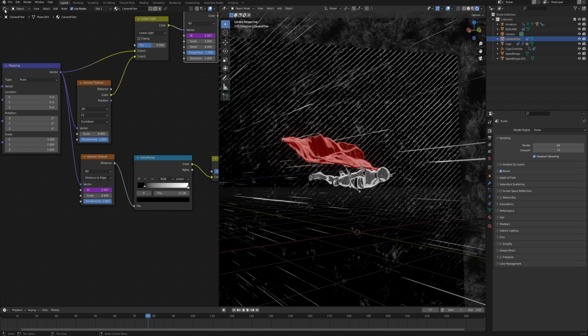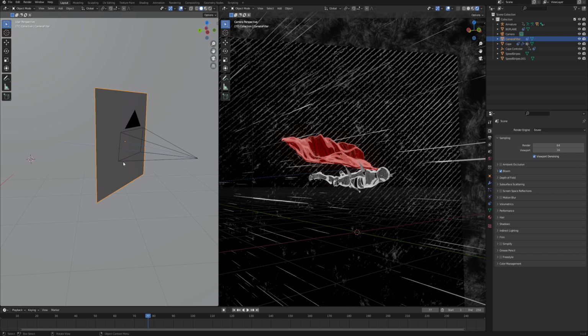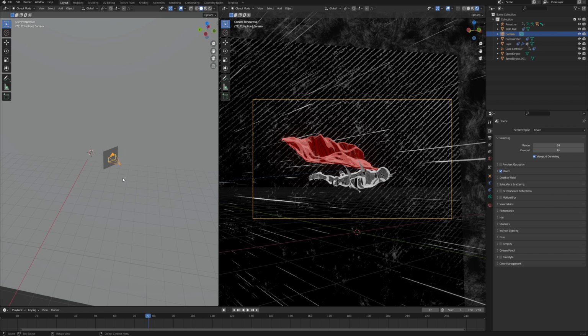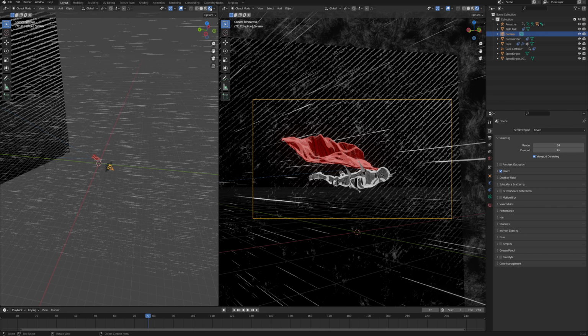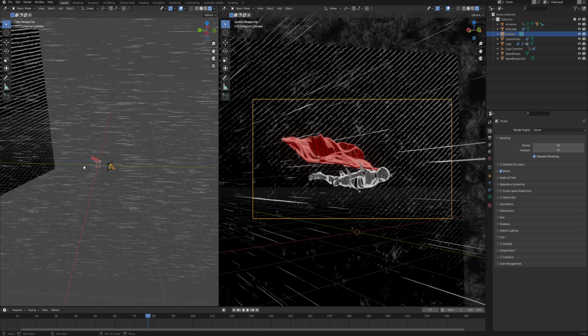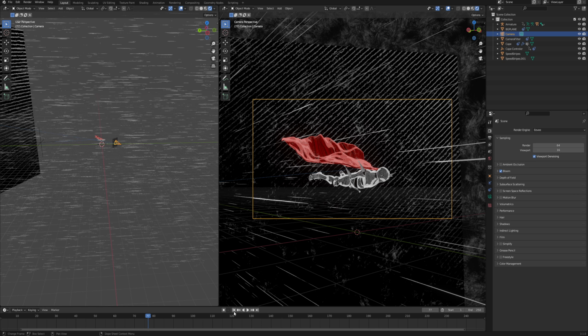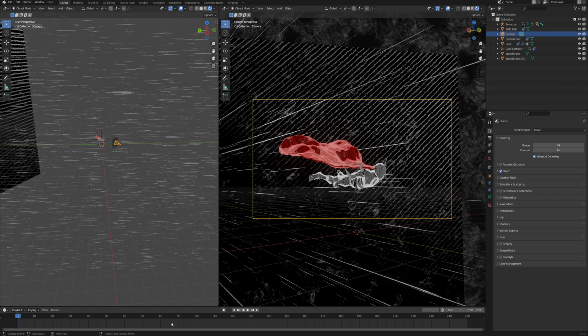But what it basically is: let's go to the 3D viewport and select the camera. Now we can also change it to the rendered preview so we can actually see what we're doing while we're doing it. And let's go to the first frame of the animation. Let's say we put the end of the animation to something like 600. It doesn't really matter right now how much you put in here. Just make sure that you have long enough for you to do all the camera movement that you will.